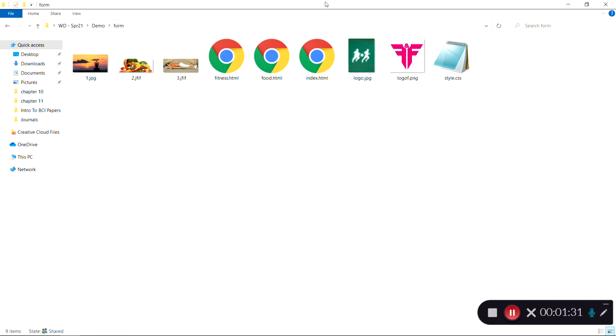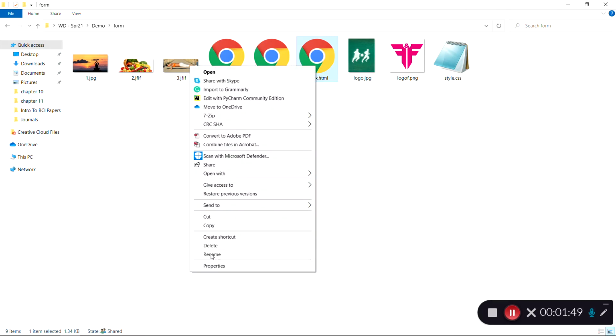So your starting folder of your food and fitness website is going to have these files, and first we have to create the web page. Okay, so index.html, let's take that as a starting file, copy it